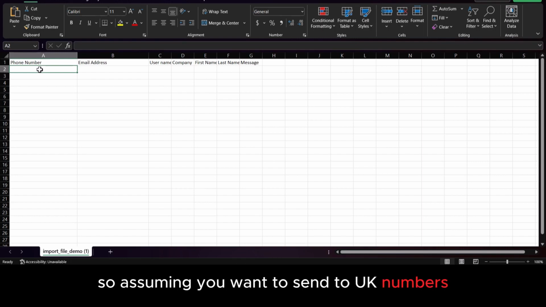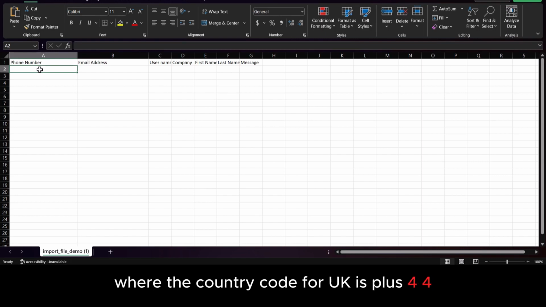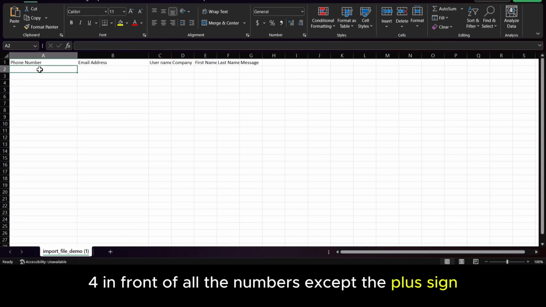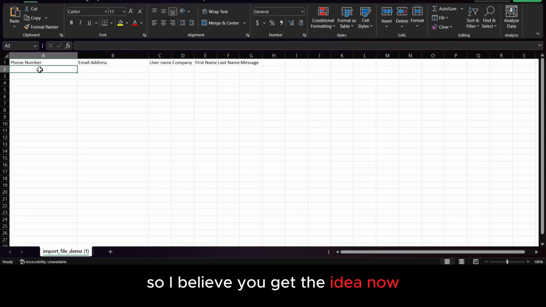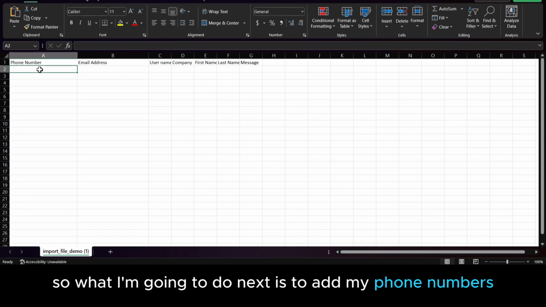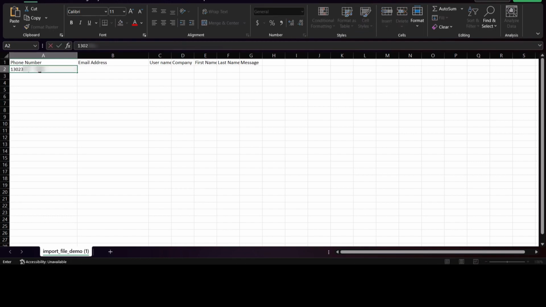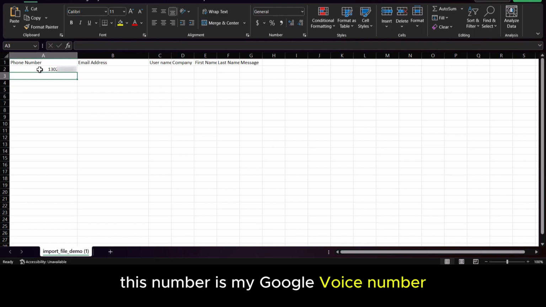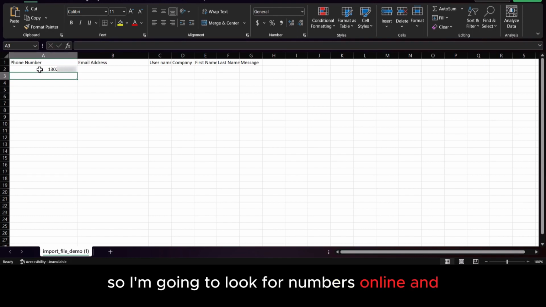So assuming you want to send to UK numbers, where the country code for UK is +4, that way you will only add 4 in front of all the numbers except the plus sign. So I believe you get the idea now. So what I'm going to do next is to add my phone numbers. This number is my Google Voice number, so I'm going to look for numbers online and use that to demonstrate